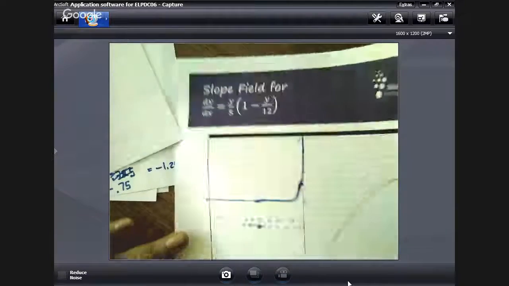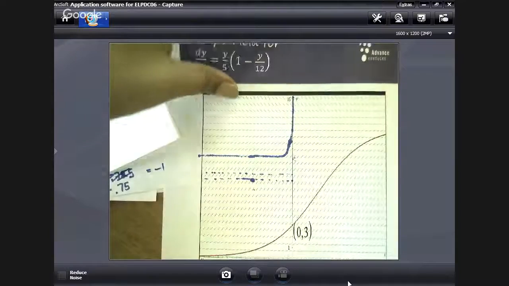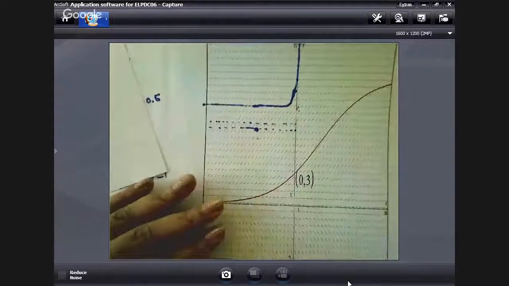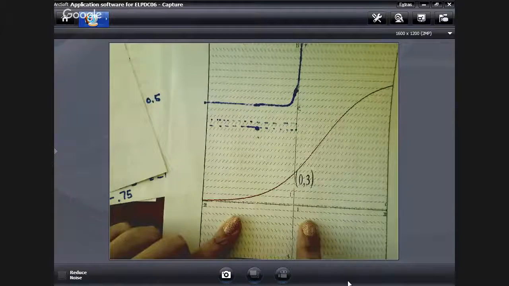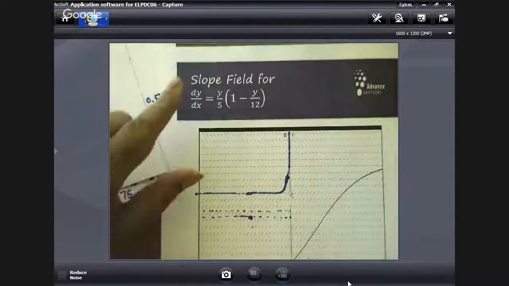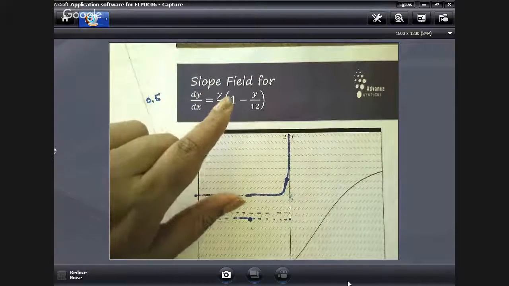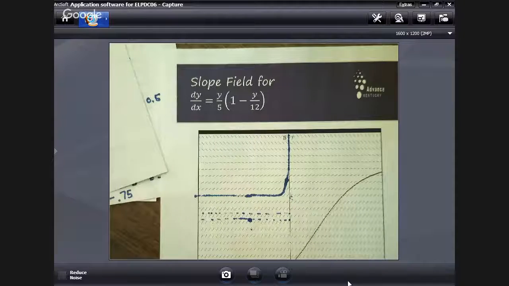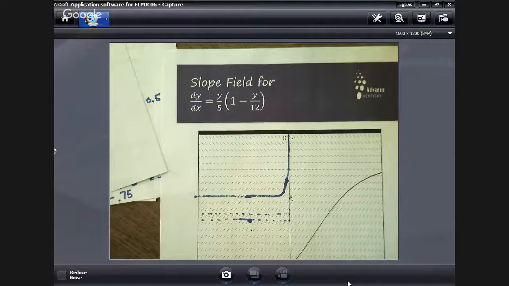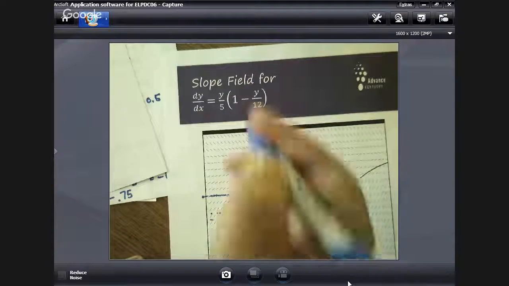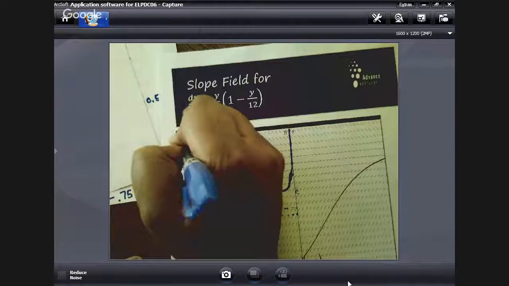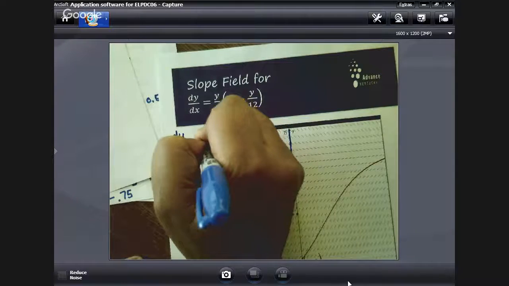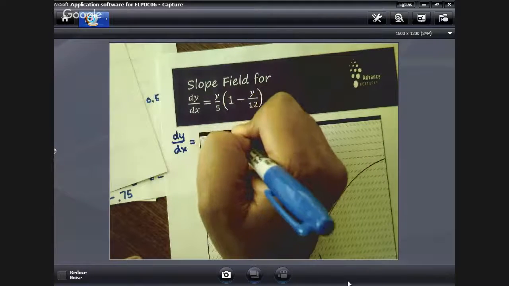So having said that, and ignoring the blue that leaked through on the other side of my page, I didn't really plan for it to come out two-sided, it just did. Let's look at this function, right? So this is a slope field for dy dx equals y over 5 times 1 minus y over 12. You're probably thinking to yourself, that doesn't look like a logistic differential equation. Well, sure. But I could easily rewrite this differential equation as dy dx equals 12y, or 12/5 y, times